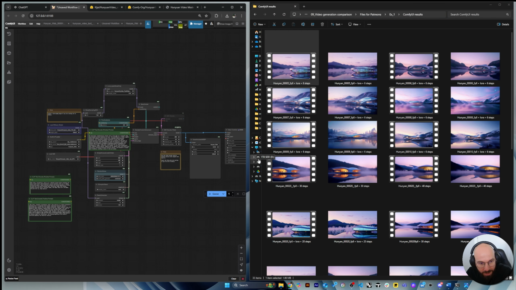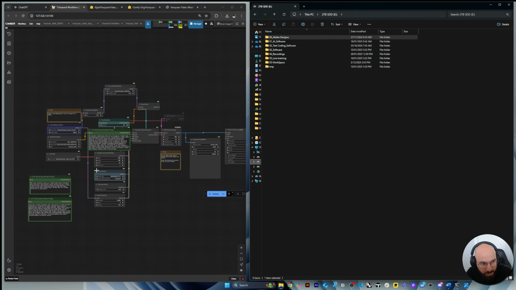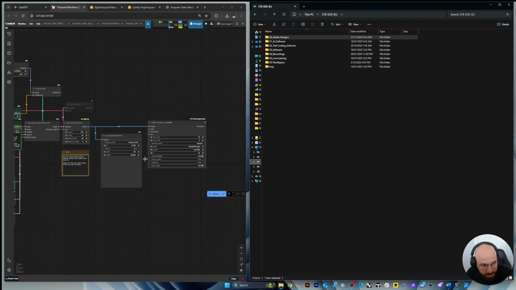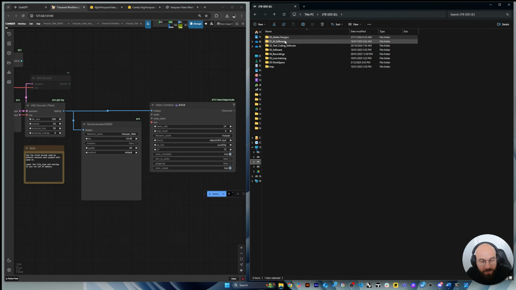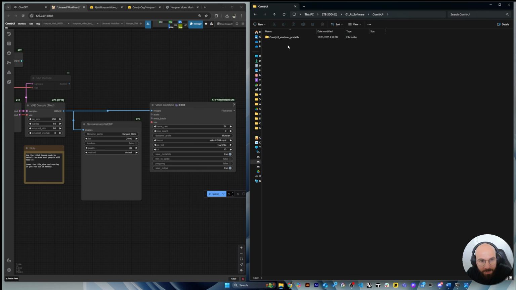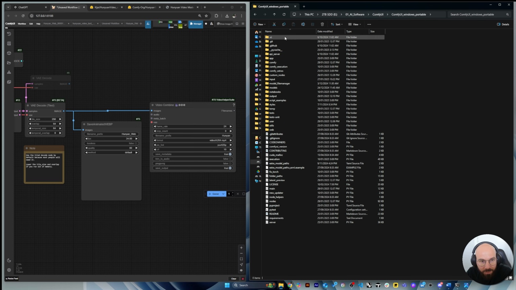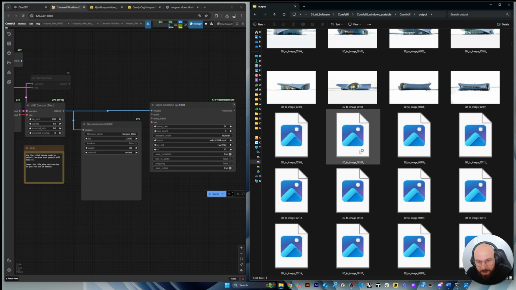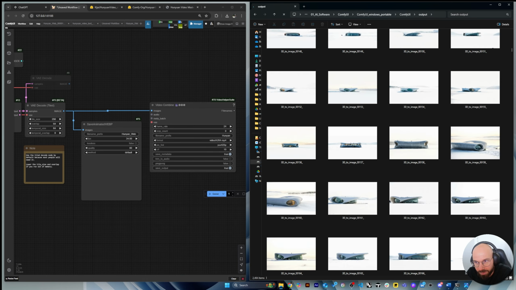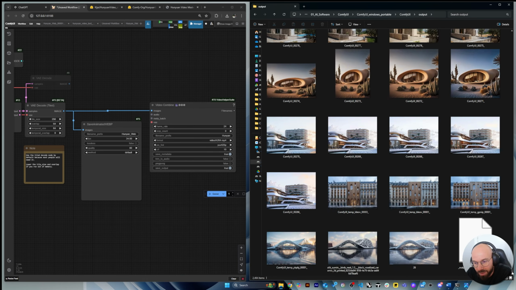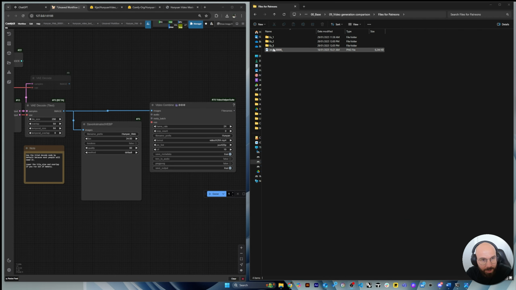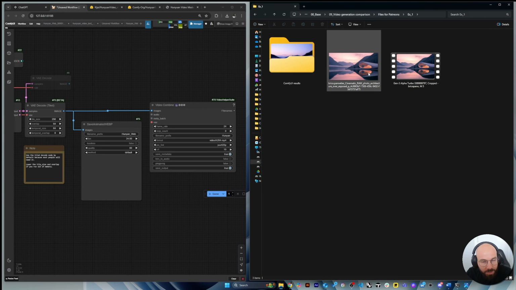By the way, you can find the output of any video that you generate with this under AI, ComfyUI, and then you have an output folder here. And that's where you find all your images and videos. So, all right, we're back to the folder, and then here, if I go to this one,